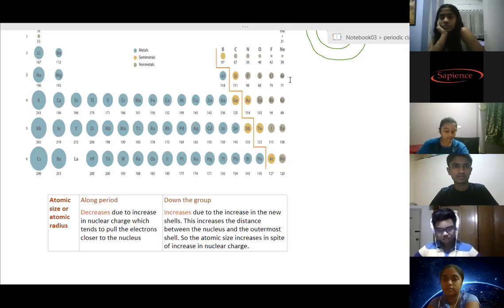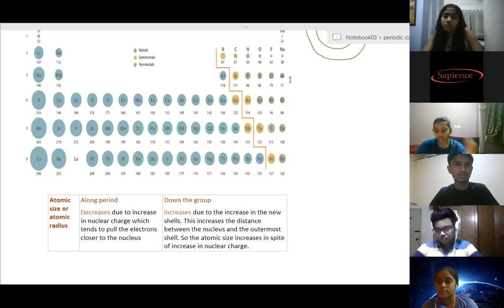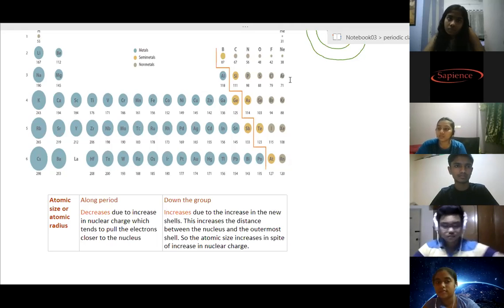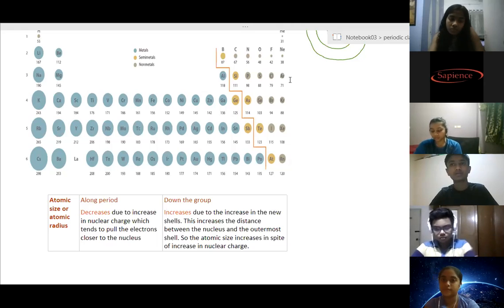And down the group, valency remains the same, ma'am. Valency remains the same due to the same number of valence electrons. Second is atomic radii. So atomic radius along the period, as we move from left to right, Depriya,